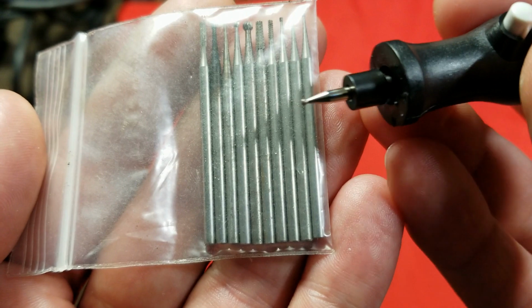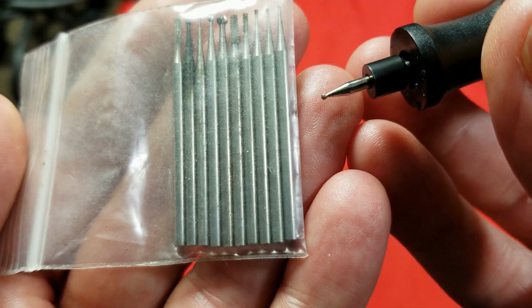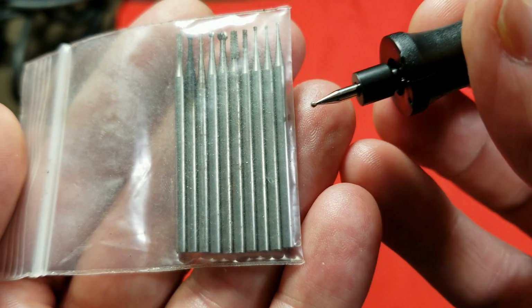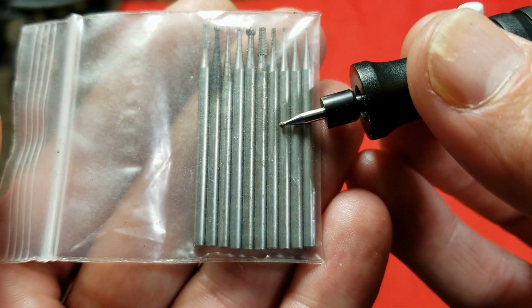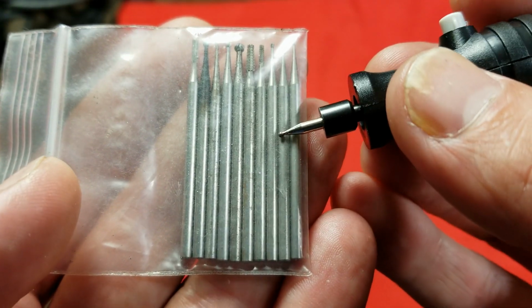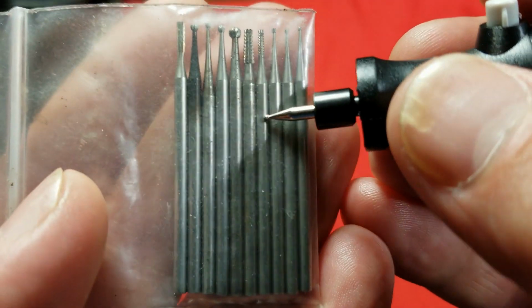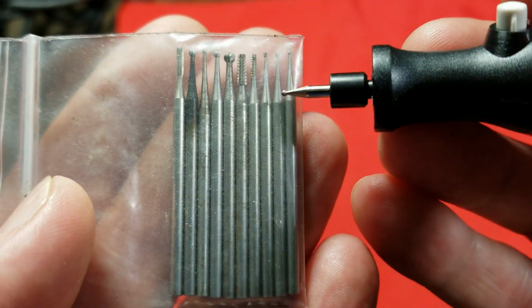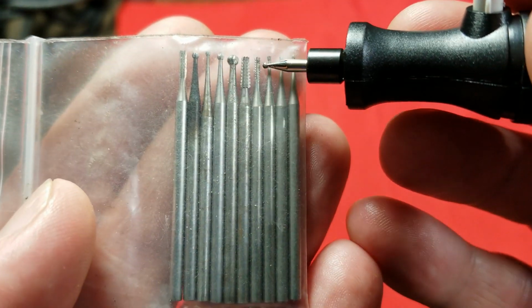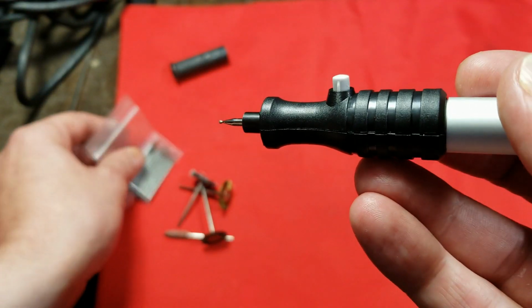This is for hard metals, and copper. You could get away with a little bit of copper and aluminum, but it would clog up. You'd want to periodically touch it to some wax to prevent stuff from clogging it up. However, getting into plastics and especially wood, there's no way. But if you get these little bits, this little thing would work okay with these. Then you would be able to engrave plastic and wood, and even do little precision shaping jobs if you're into, say,